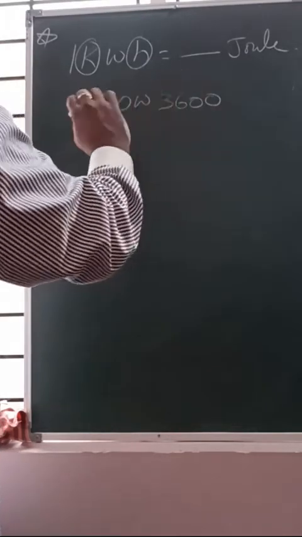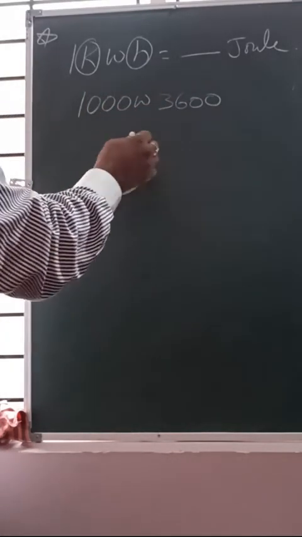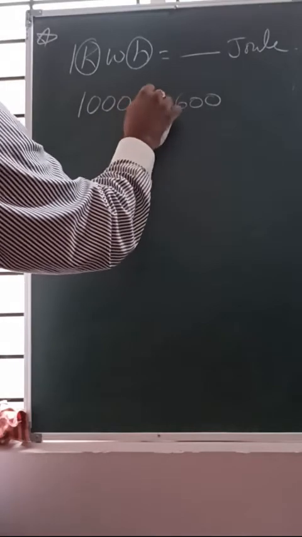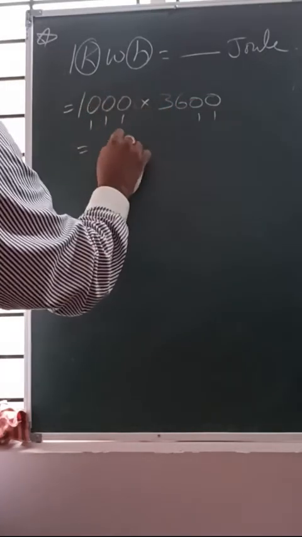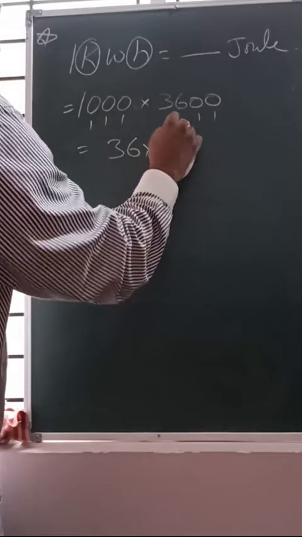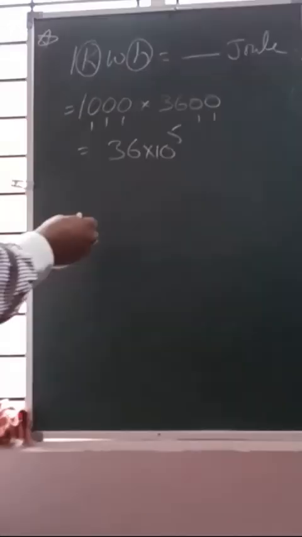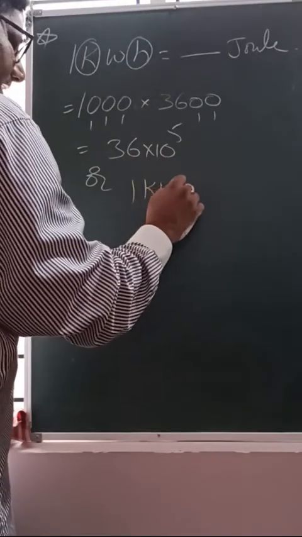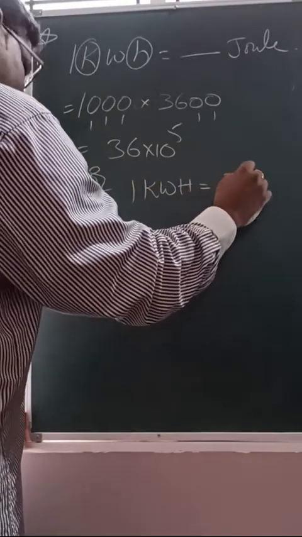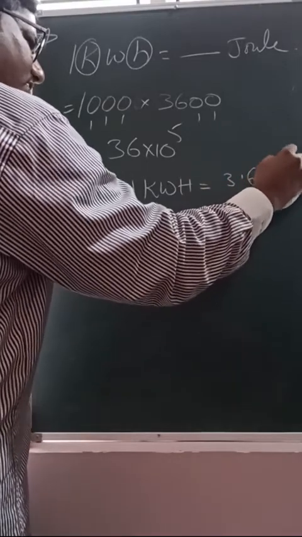Now if you multiply, then how much do you get? So 36 into 10 power 5. So 1 kilowatt hour, 1 kWh, equals 3.6 into 10 power 6